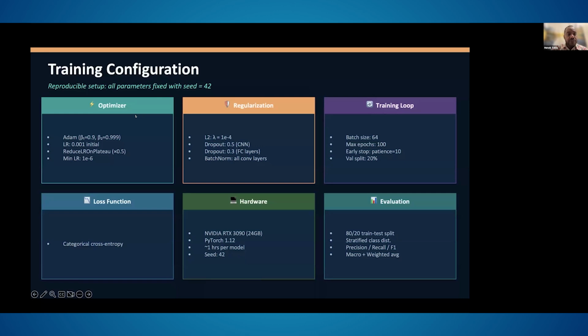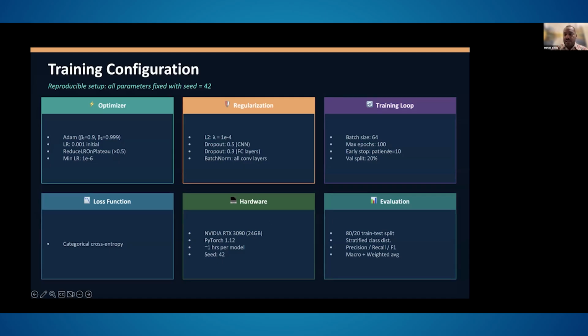So this is the training configuration that we have. We have an Adam-like optimizer with different hyperparameters. We used a small learning rate, and the learning rate changes based on certain information. We did some regularization that helps the algorithm predict on unseen features or unseen elements. We use lasso regression as a kind of regularization. Also, we have used dropout and batch normalization as regularization techniques.